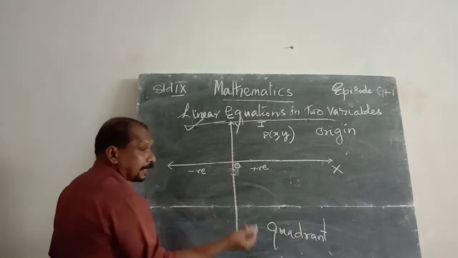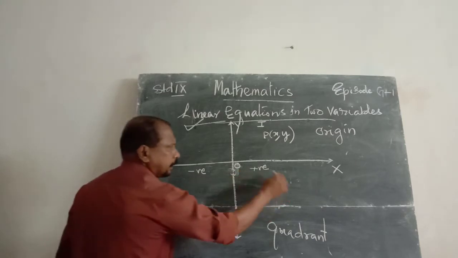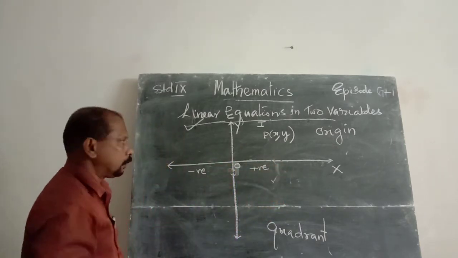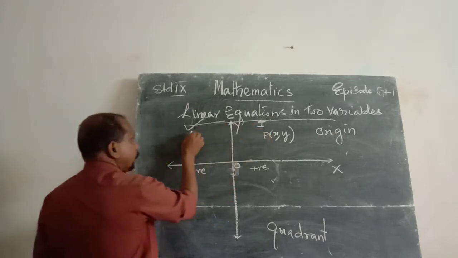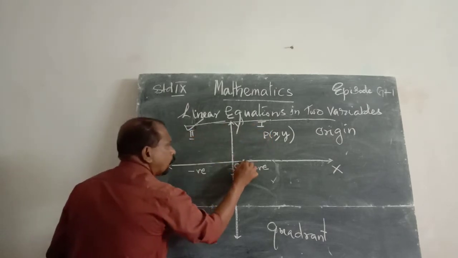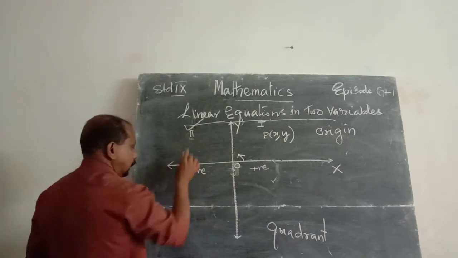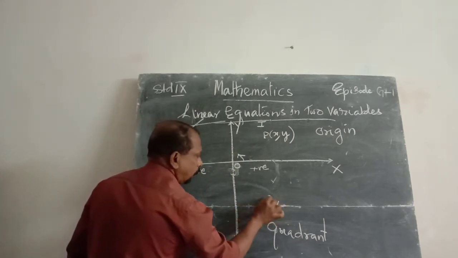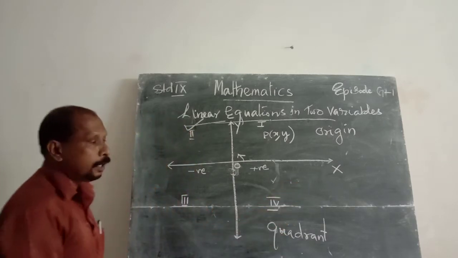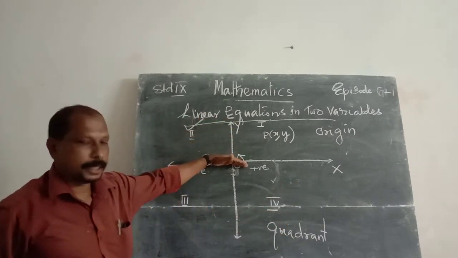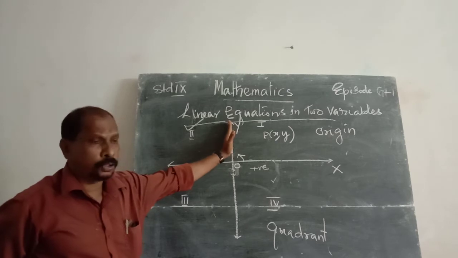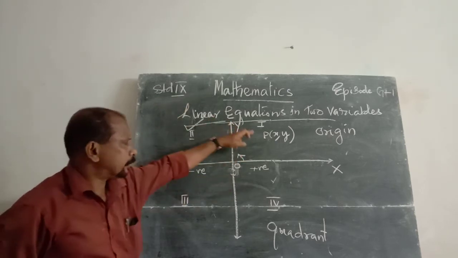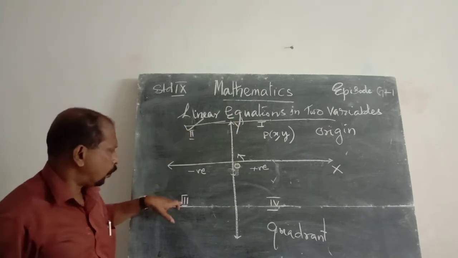Therefore, these are taken in the anti-clockwise direction. What is the clockwise direction? This one is the clockwise direction and the other is anti-clockwise. Therefore, this is first, and in the anti-clockwise direction, second, third, and also fourth quadrant. Okay. Therefore, the horizontal line is the x-axis and the vertical line is the y-axis. You know this result from the previous chapter. That is quadrant geometry: first quadrant, second quadrant, third quadrant, fourth quadrant.